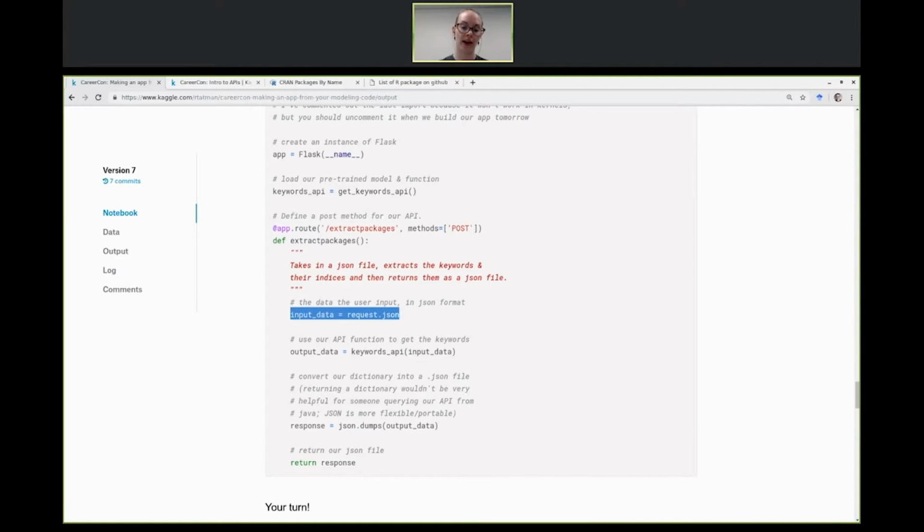And then once we've read in our input data, we apply our function to it. So this is just a JSON file. And then we save our output file. And then we dump our output file, which right now is